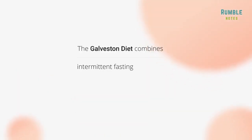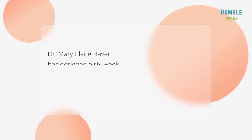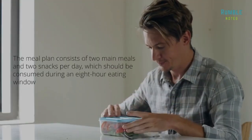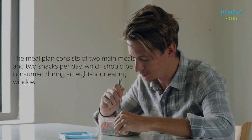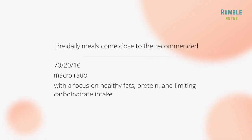The Galveston diet combines intermittent fasting, anti-inflammatory foods, and tracking your macronutrient ratio to promote weight loss and overall health. Dr. Mary Claire Haver has designed a 6-week meal plan that integrates all 3 components of the diet. The meal plan consists of 2 main meals and 2 snacks per day, which should be consumed during an 8-hour eating window. The daily meals come close to the recommended 70-20-10 macro ratio, with a focus on healthy fats, protein,